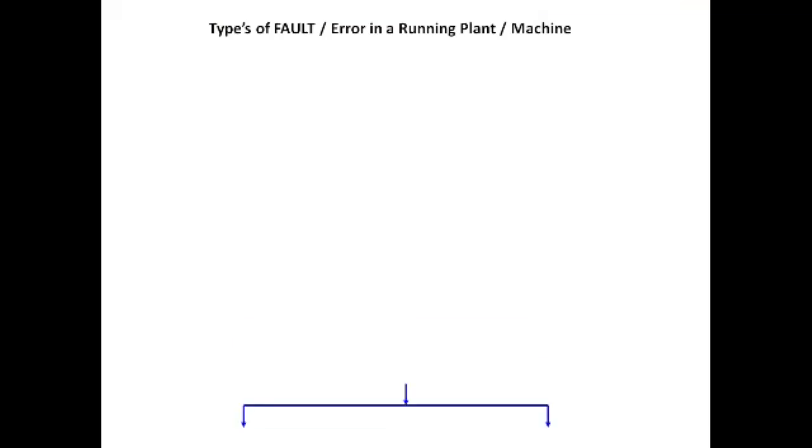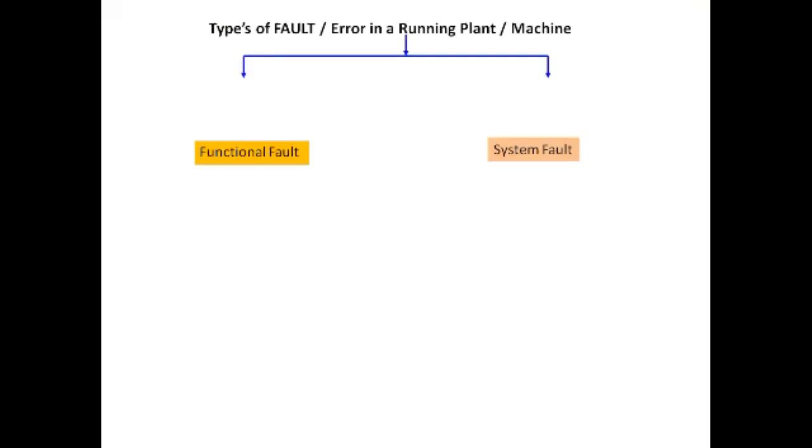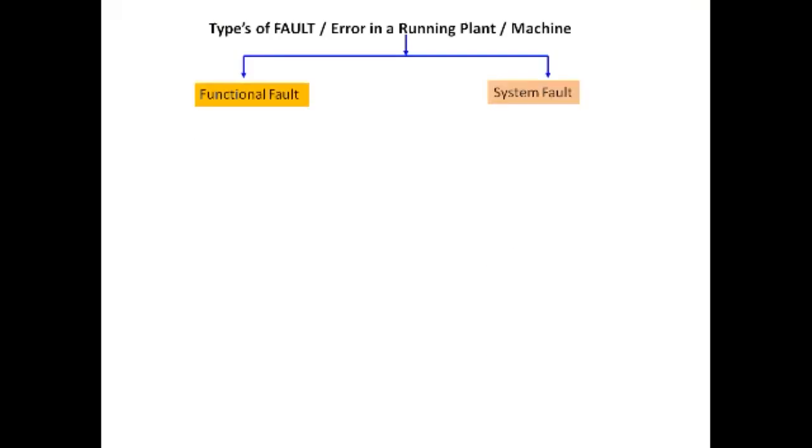So types of faults, or you can say errors, in a running plant or in a machine. There are two types generally, and they are differentiated as a functional fault and a system fault. Functional fault is related to the field instruments, like push buttons and sensors. So different types of inputs are there. If they are damaged or not working,